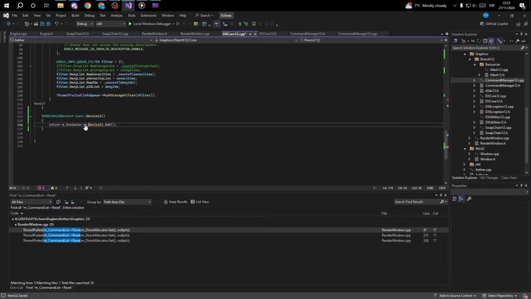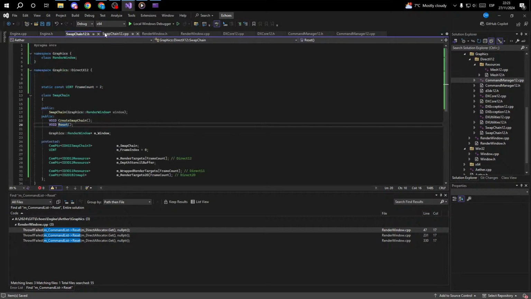No, that's this same one. M underscore device 11 dot get. Perfect. So then if we come into our swap chain,